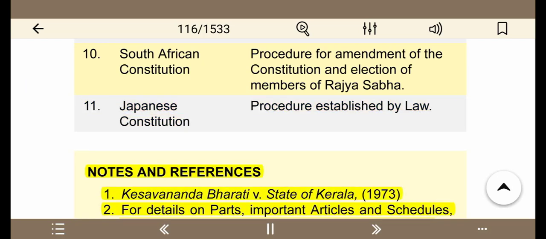Notes and references. 1. Kesavananda Bharati v. State of Kerala, 19